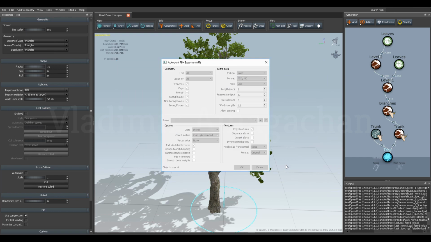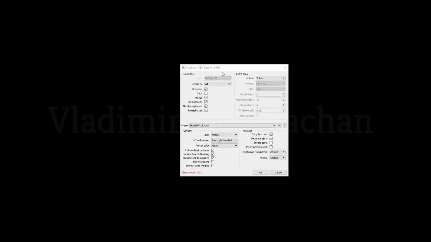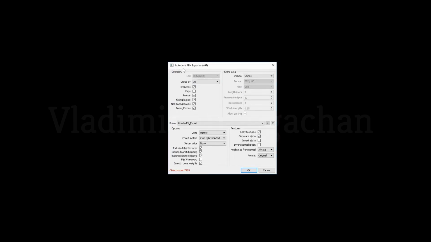It will take some time, and this Autodesk FBX exporter options will open. This is the setting for exporting this FBX geometry before we import it into Houdini. You can see there are settings over the geometry, settings for the extra data, texture, and some other options. Very important to check here the caps also, and select here group by all. This is very important. And there are the units,